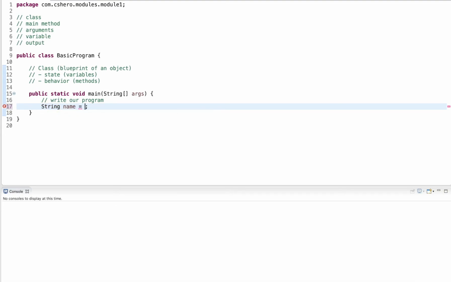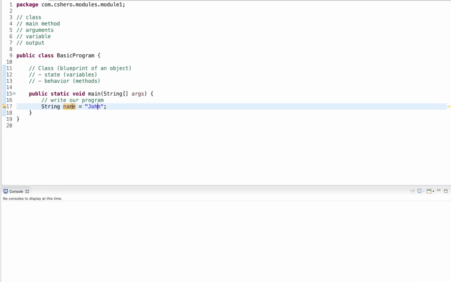And then I can use an equal sign to assign something. Let's say I input the string John. Then John will be stored in this memory location, and I can always refer back to this memory location by the name that I give it. So in this case, it's name. But I could really name it anything. If I would want to store fruit in there, I could call it fruit and then store something else.